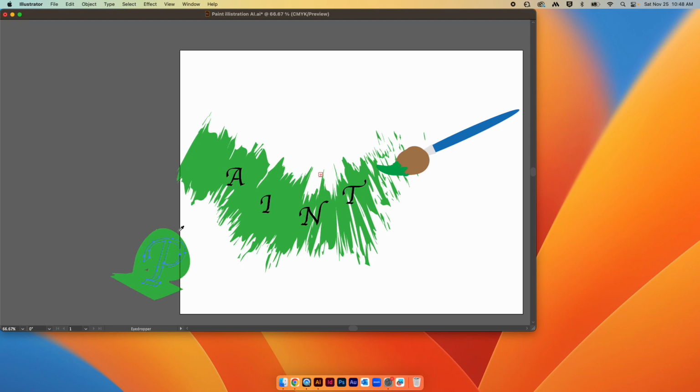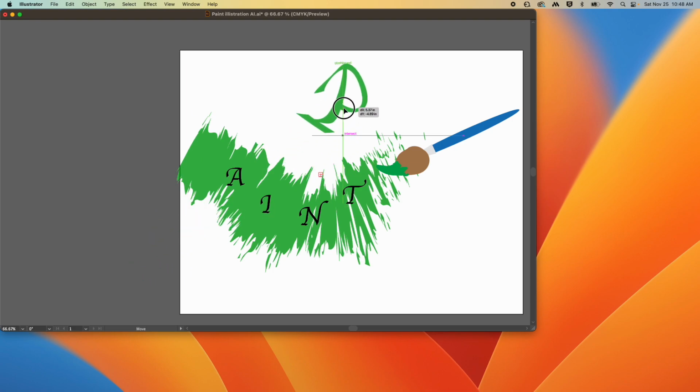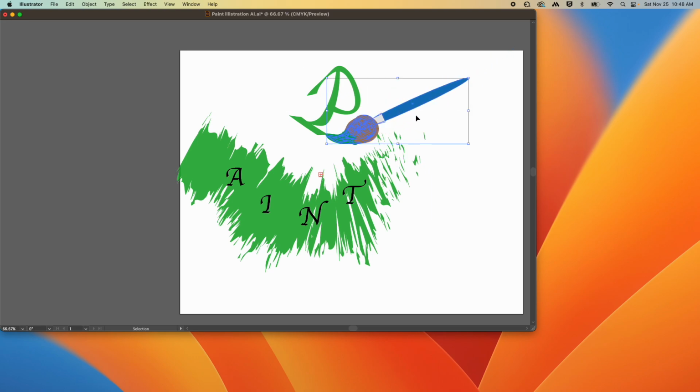So I'm just using my eyedropper there to, oh, that's a stroke, that's why. So let's swap that, there we go. So even if you make that look like it was painted, I don't mind having this illustration there, but having it obviously the whole word, but giving it a little bit more illustration with the text rather than